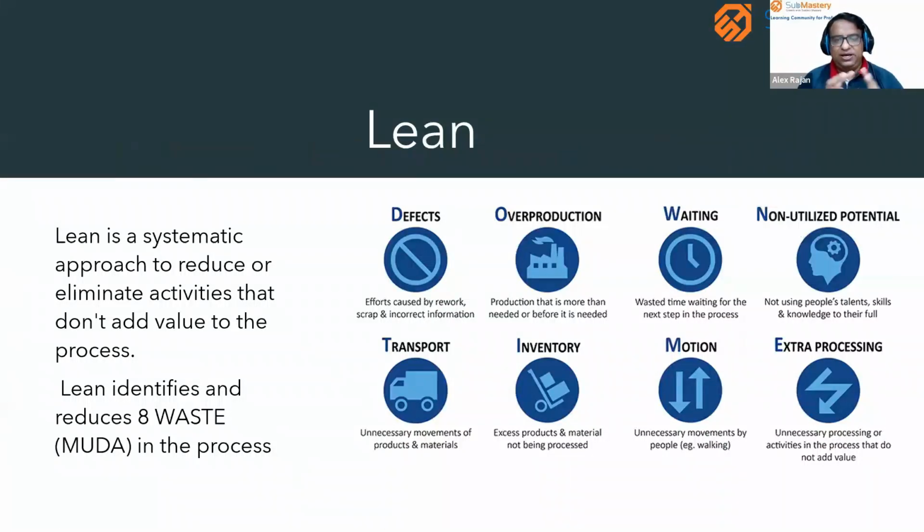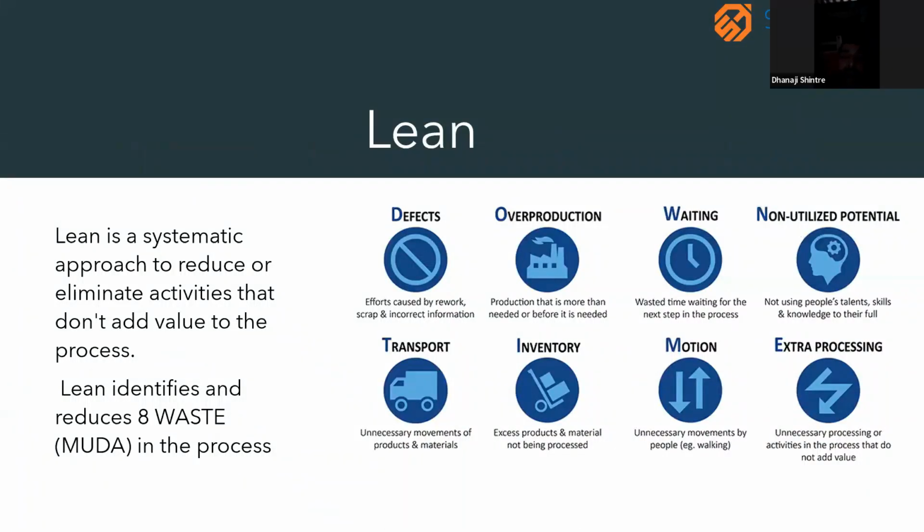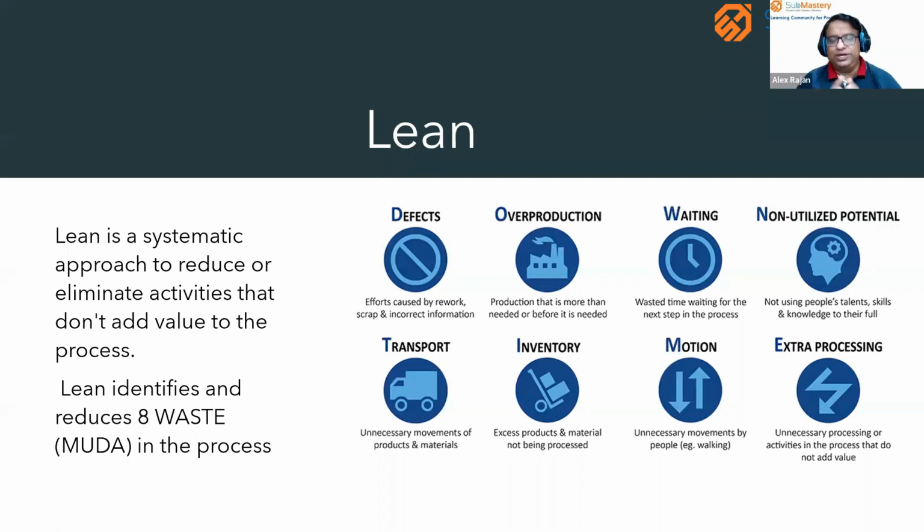So as we have seen, Lean and Six Sigma, two different methodologies, have been joined together as the Lean Six Sigma methodology. When we look into Lean Six Sigma, the Lean part will always focus on identifying and reducing the 8 wastes in the process. There are 8 types of waste defined. So we're trying to take a systematic approach to reduce or eliminate those activities that do not add value to